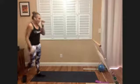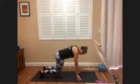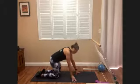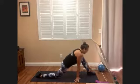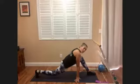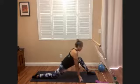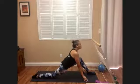Come down into a tabletop when you're ready. We're gonna start with our left leg forward. So take a big generous step forward with that left foot, keeping the right knee on the mat. You can creep the toes behind you back just to lengthen out the hip flexor. Tent the fingertips out in front of you, lift the chest, shine your heart forward as you inhale, and then